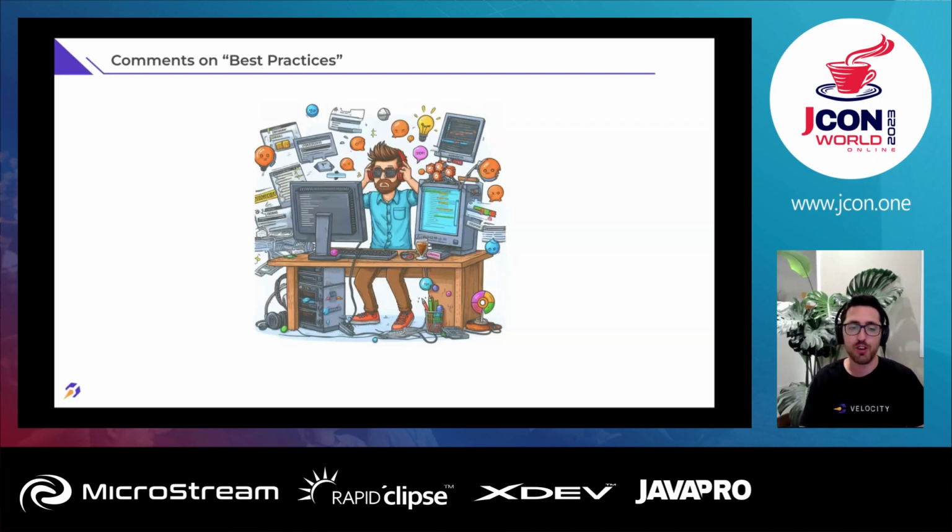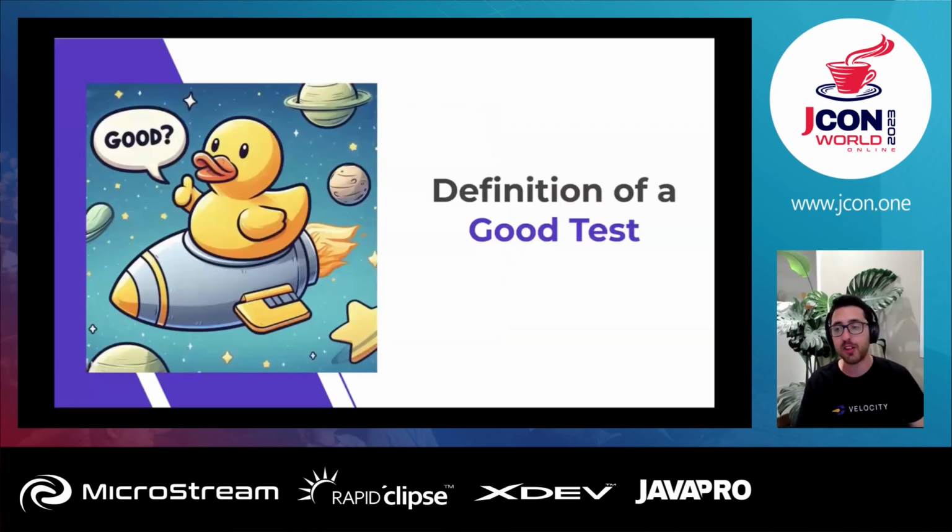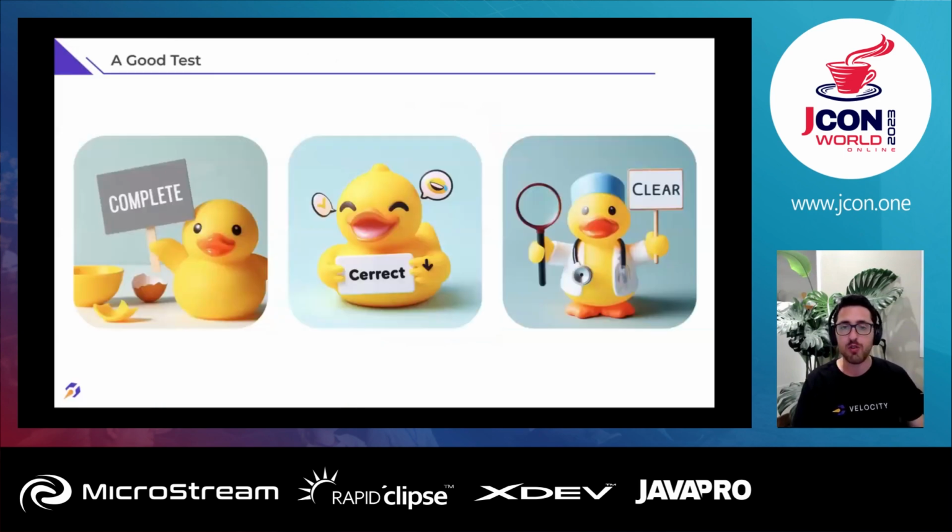Now let's get to the definition of a good test. I think that three things define a good test. A good test should be complete. It should have logical coverage, not just line of code coverage. All the possible inputs, exception handling, and every possible scenario should be covered. It should be correct. For example, green usually means the code and the test run correctly, and red otherwise, when it fails. And clear: easy to understand, easy to read, and easy to change, which is really important.